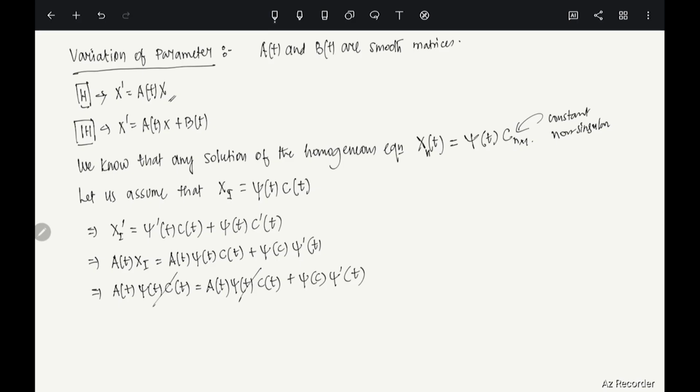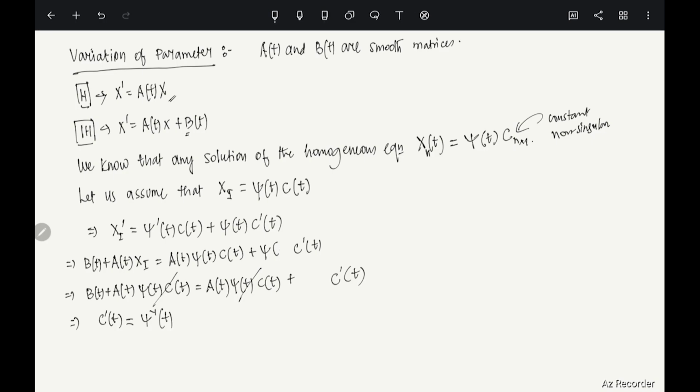So essentially, I made some mistake somewhere. One second. Since xi is the solution of the inhomogeneous system, there is a b of t which I forgot to write here. So I should write b of t plus this. Therefore what we get is b of t equals phi of t times c prime of t. I'm really sorry about that. So I have c prime of t is nothing but phi inverse of t